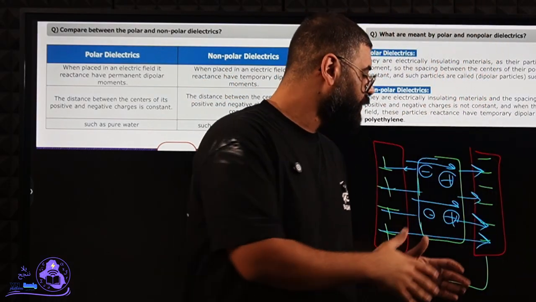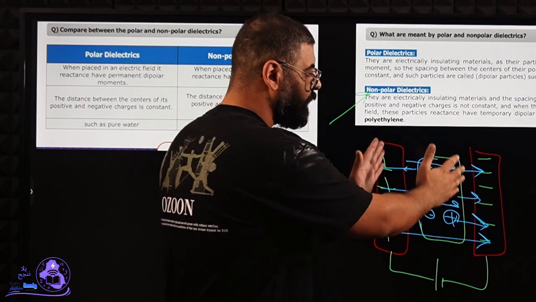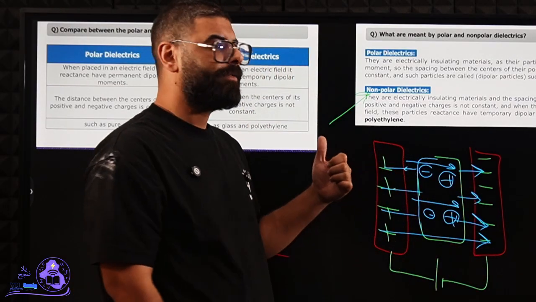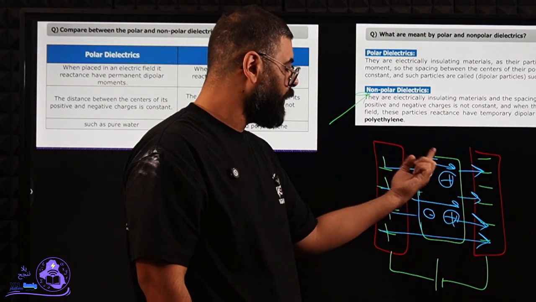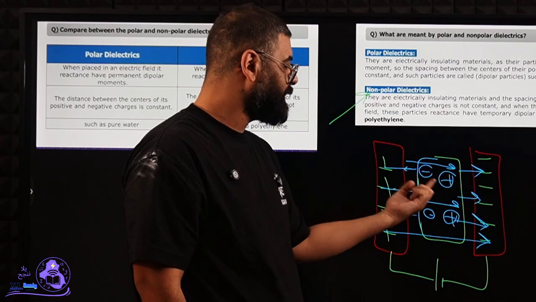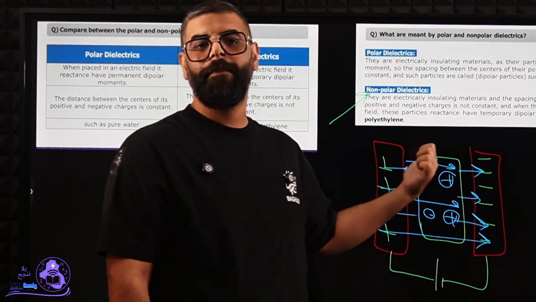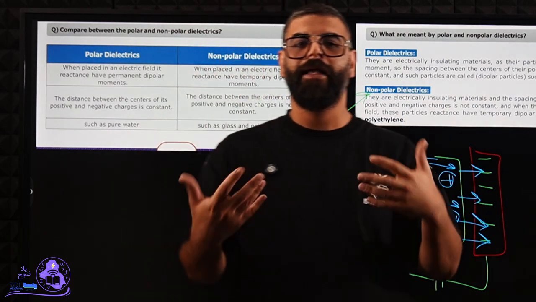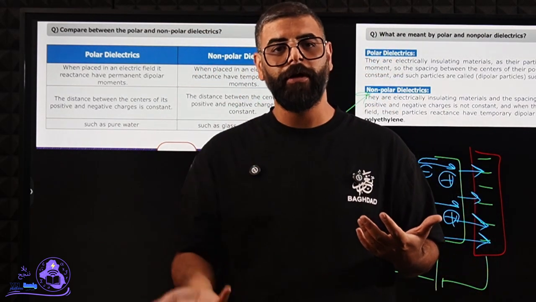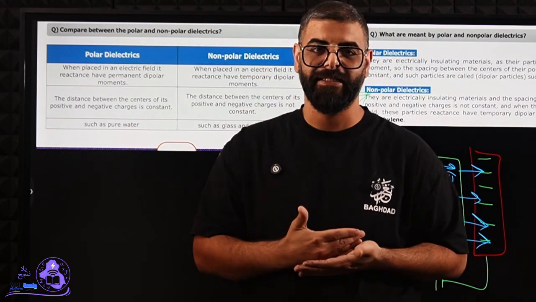So when this power source is released, the dipolar moment will be released again because this is a nonpolar material. While if it's water or a polar material, it will remain as it is. This is the first